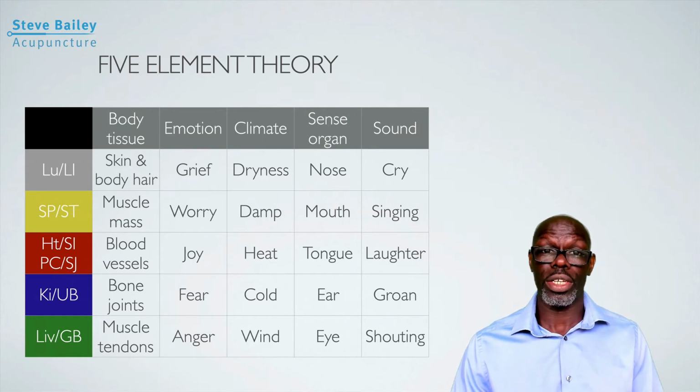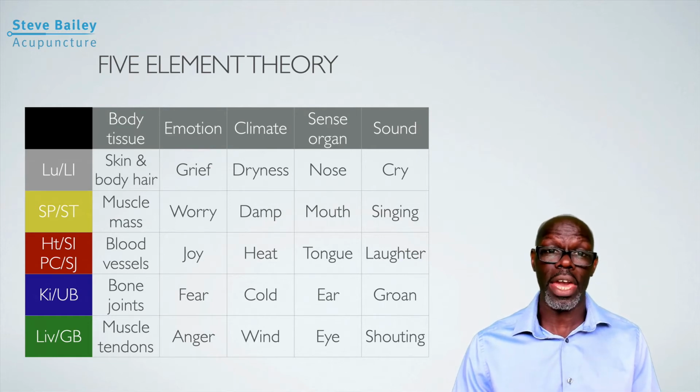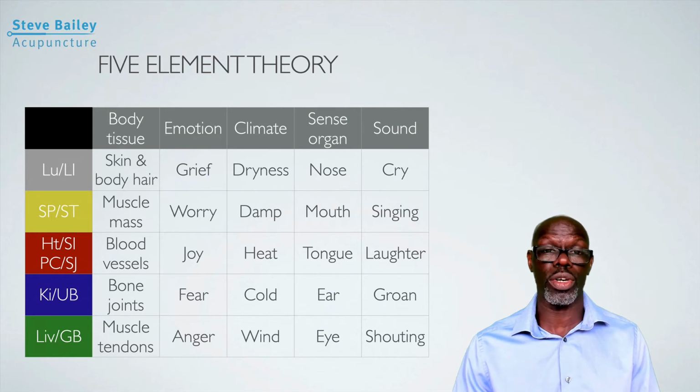But however, the key difference is if you've got a tear within the muscle, then you're looking at your liver. And one main point is going to be liver 3. So you combine that with something like stomach 36, spleen 6, liver 3, you can't go too far wrong in treating soft tissue tears. What the liver will do is enhance blood circulation to the muscles and also to the